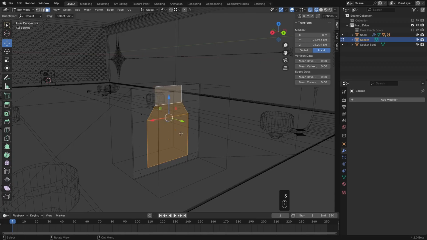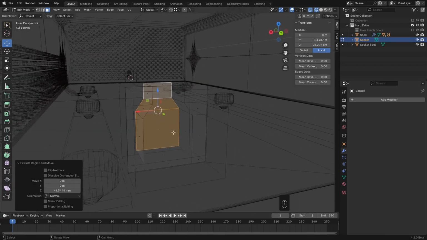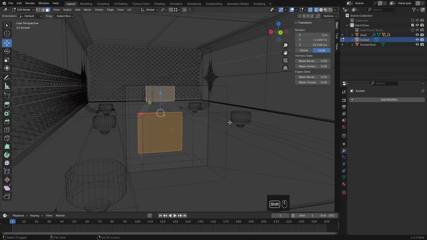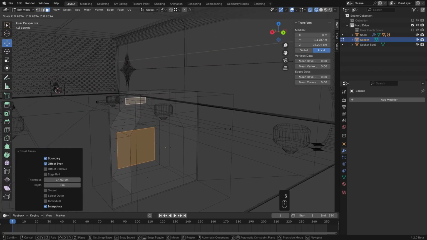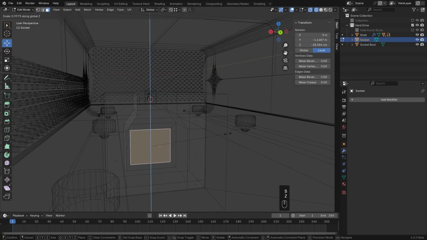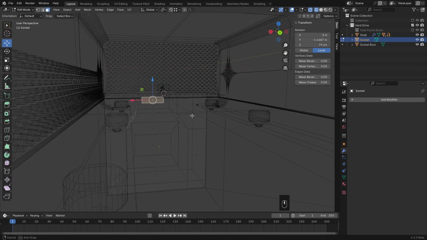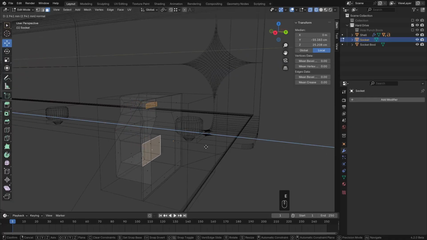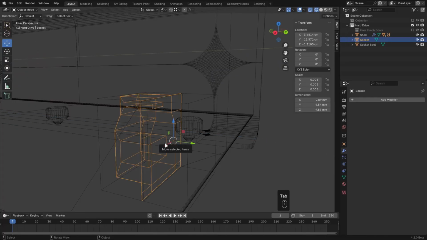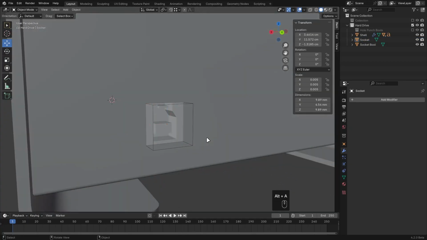And then I'll take all three of these faces and just extrude them along the y-axis. Then I'll take this main face and this one above, I to inset, and these are going to be the little parts that stick back out. So then I can roughly make sure they're the right size. I'll scale this one down a little bit more. I'll take that one and scale it along the Z, and then take both of them and extrude them back out. Tab to go into object mode, Z to go back to solid shaded view, and there we have our